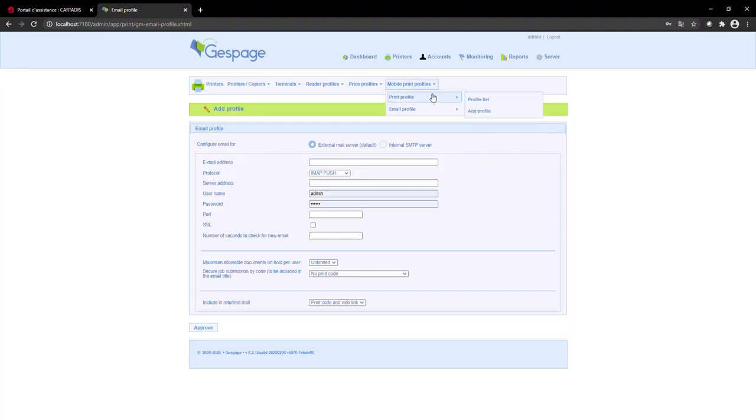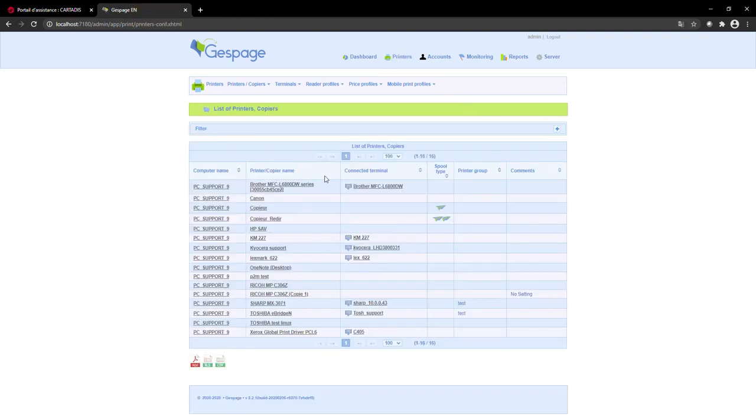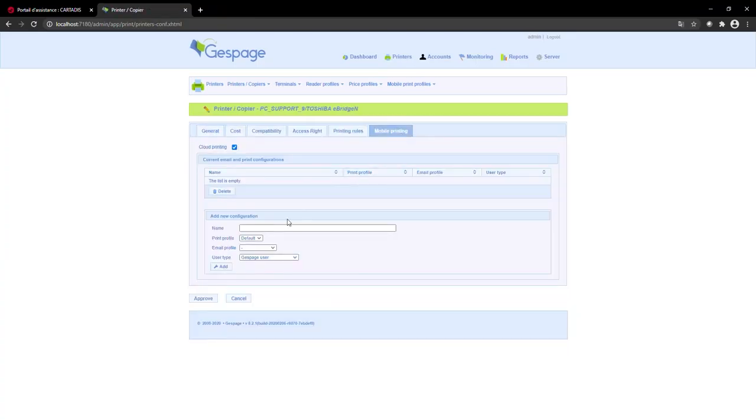Then Mobile Print Profiles, Printer Profile, and Add Profile. Set again the information requested. Go back to Printers menu and choose a copier, then select Mobile Printing tab. Create a new configuration. Select the profiles you created before and select Gespage and guest users in the field user type. Then click on Add